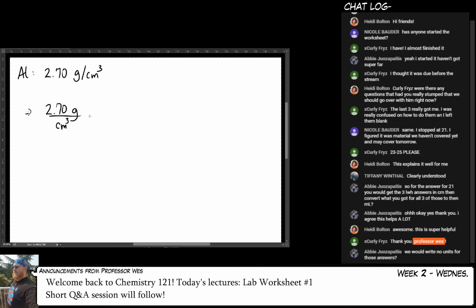Because remember that I could just flip this upside down for any conversion, and it still works. It's still valid. So the question that I was asking you in the worksheet was, if this is the mass of my penny, what is its volume? So let's suppose that I have an aluminum can